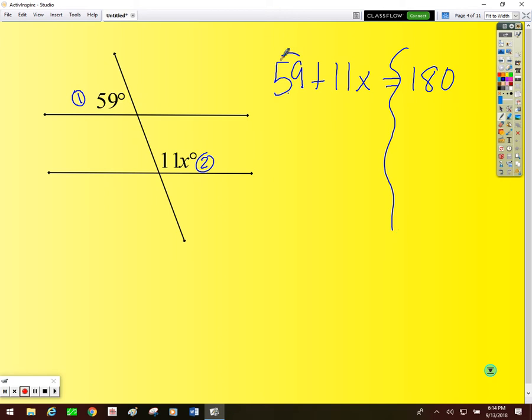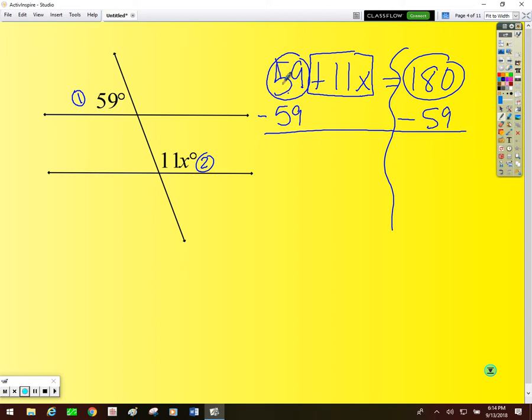All right, remember, we talked about this the other day. Some of you are visual learners. I'm a visual learner. I like to see stuff like this. It helps me isolate things and pick out what I need to look at. If I look up here, I see this variable. I put a box around it. It has a variable with it, so it's different than the other two. What I need to do is get these two on the same side, opposite of the variable. To do that, I need to move this 59, so I take the opposite of 59. If this is adding 59, then I'm going to subtract 59. I do it on both sides of the equation. That makes that 0. So I'm left with 11x is equal to, if you take your calculator, you should get